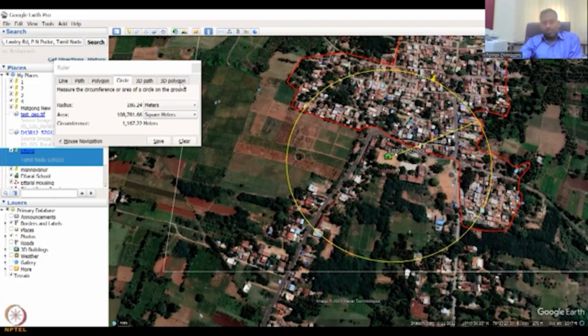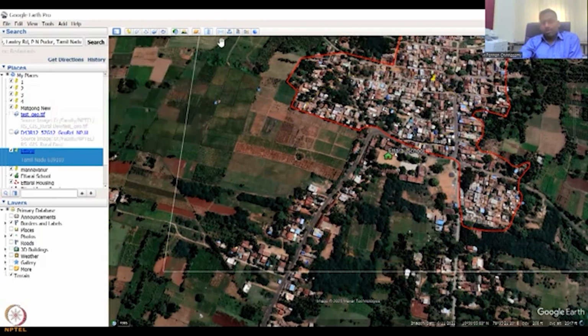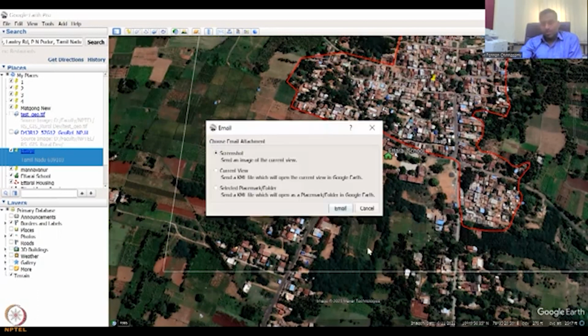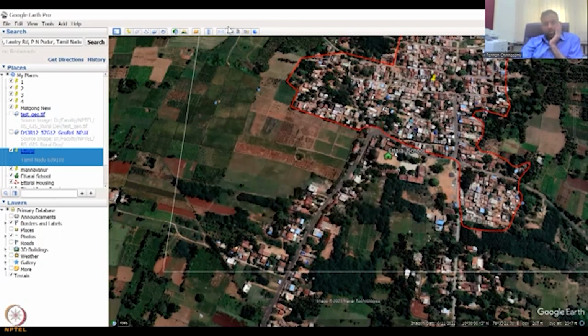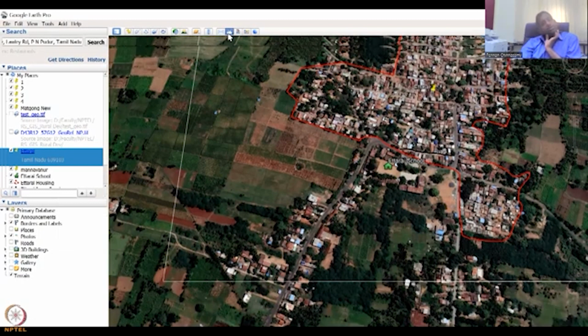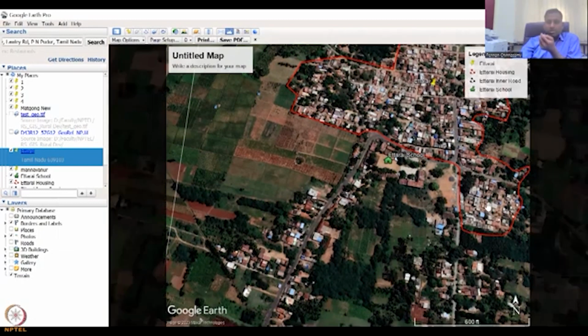Good. So then the 3D path, 3D polygon, not needed for our part, so I'll leave it. So this is email. If you want to email this location, the screenshot, you can click OK and email it to yourself or to send someone. You can email the view, etc. But the easiest way is also you can click on print. You can print an image map of this. See the print, it takes a couple of seconds. Let's say it took 2 seconds, 3 seconds. So this image can be